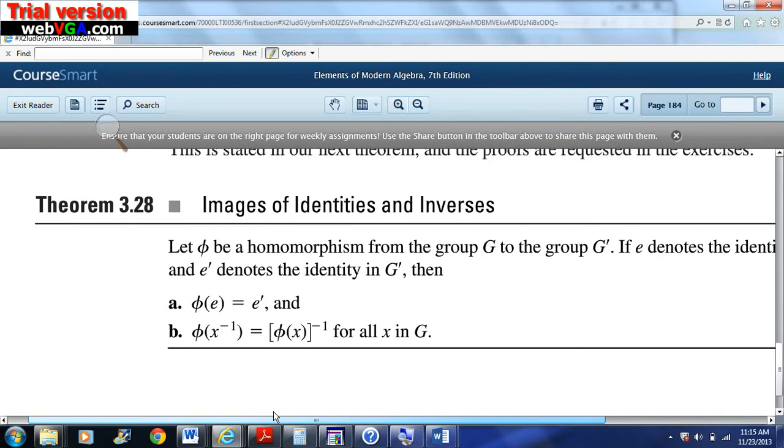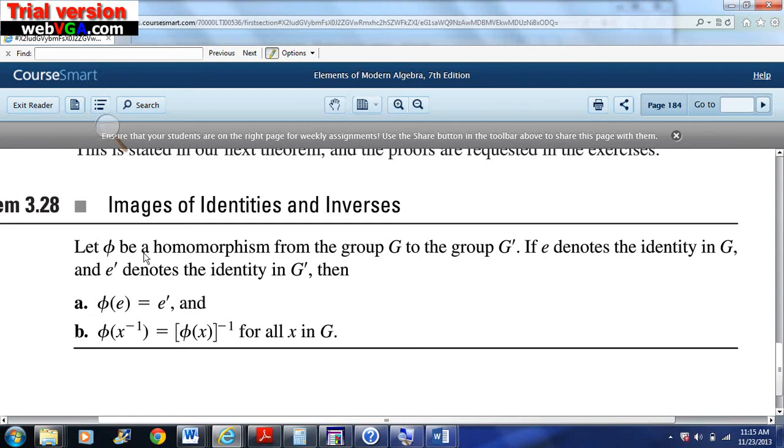So to be more specific, we would say that this is the images of identities and inverses of homomorphisms theorem. The theorem of images of identities and inverses for homomorphisms. And the theorem begins,